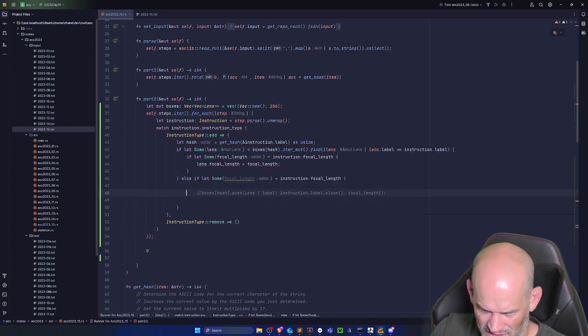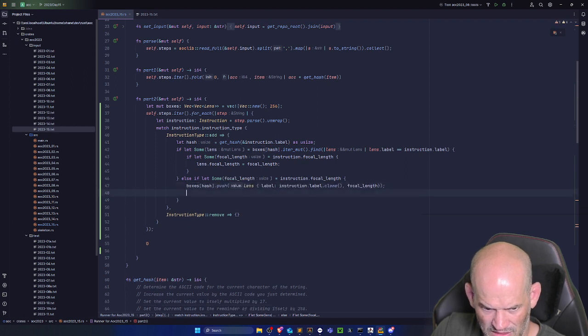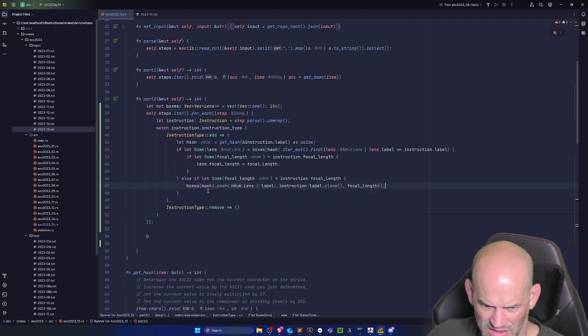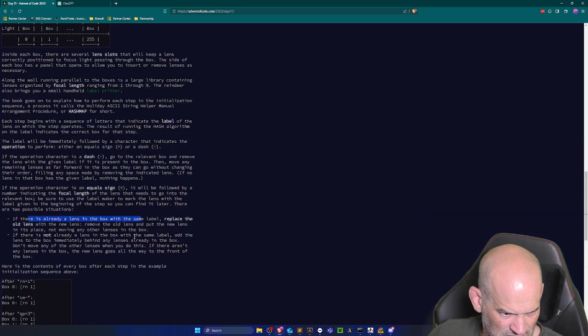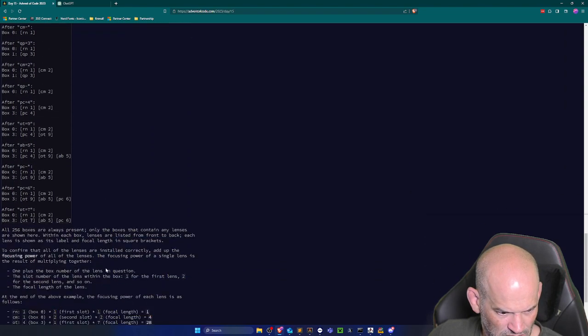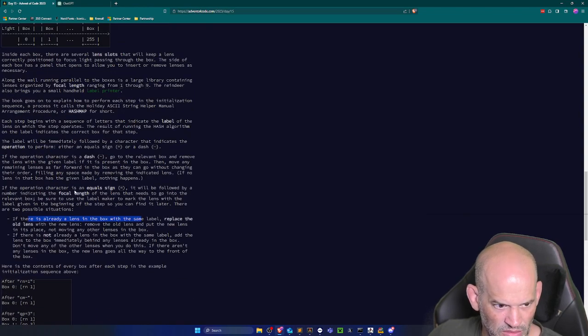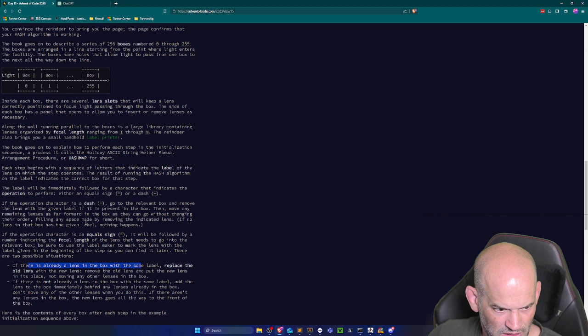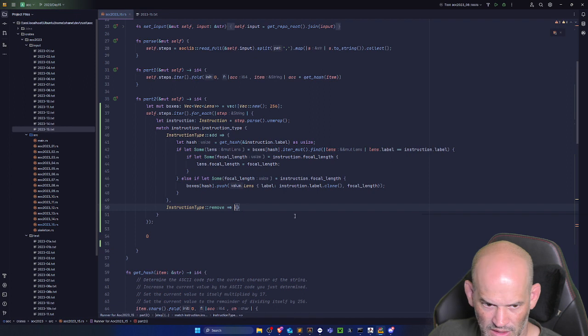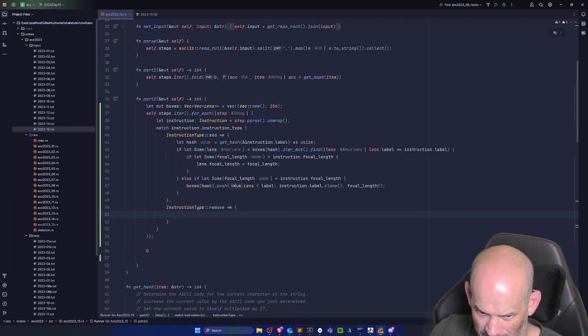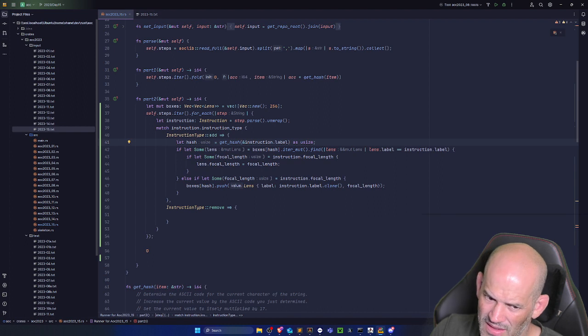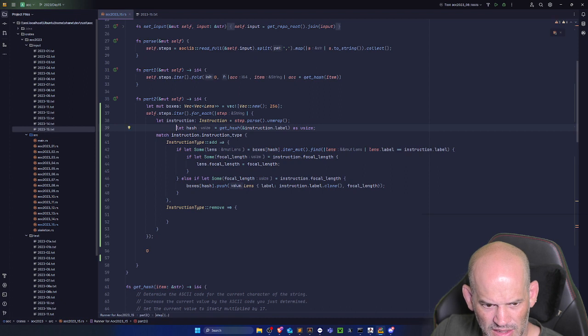There we go. So we're going to add to the box. Now we've got to handle removing an item. We find it and remove it. The hash is going to be the same regardless, so if we move that out here,